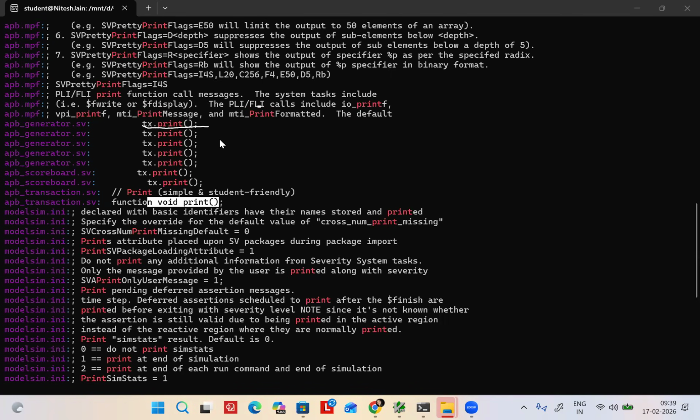If you are in this file, you will open generator. On the generator, you go and stand here and press Control plus mouse left button. If you press it now, directly you will go to this file. In just 1 second, you will go to that file, where the definition is.